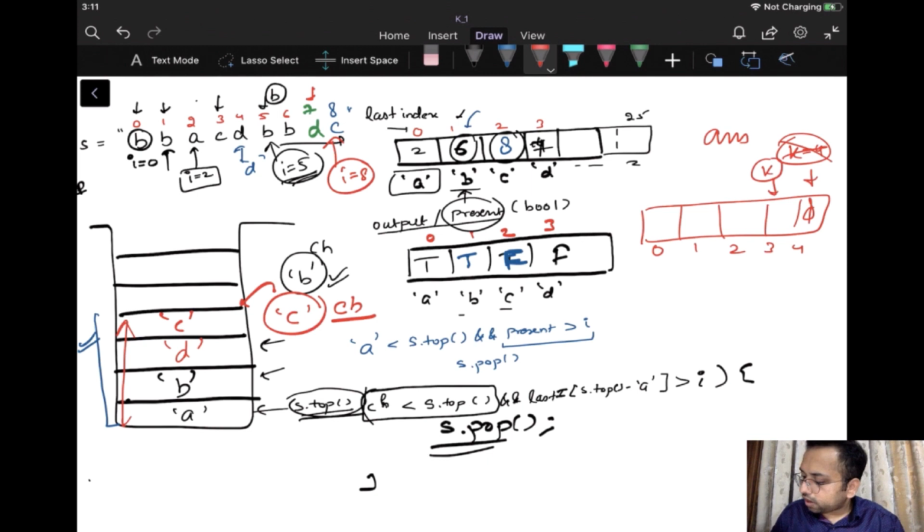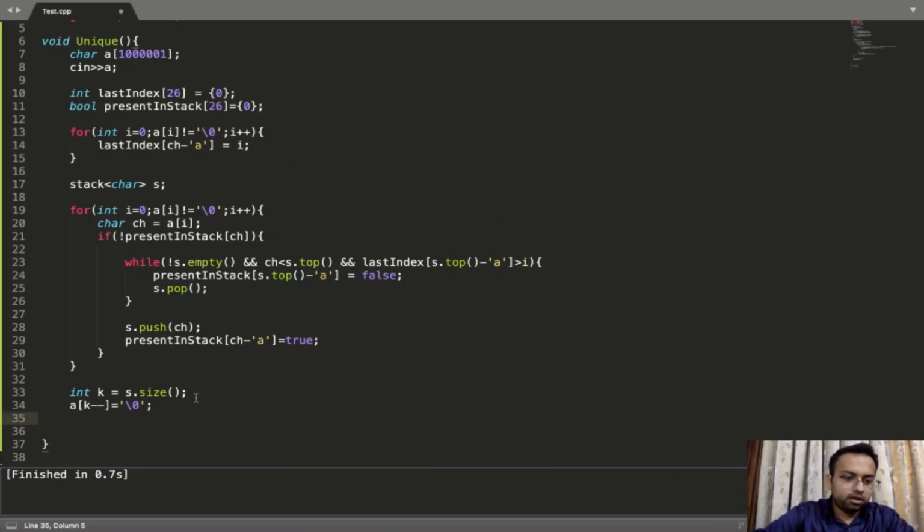Now I'll empty the stack one by one and copy the characters c, d, b, a one by one. And I have stored it in reverse order, so it will work absolutely fine. So char star answer is equal to new char k plus 1, because we want the fourth index as well.